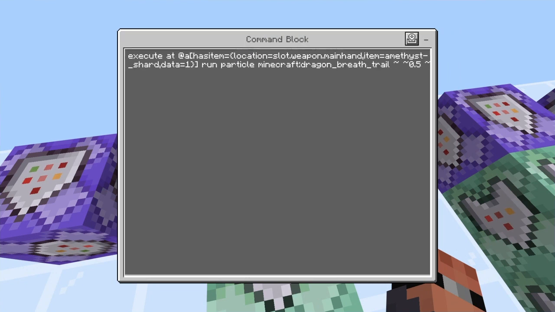In here, we want to type execute at A this time, and then in square brackets, has item, no spaces, make sure you don't put any spaces, then equals, and then we want to do this fancy curly bracket looking thing. I'll put a picture on screen for what it will look like on your keyboard. I'm not sure what this one is called. You can see it right here behind my cursor. It's kind of like a normal bracket, just a little bit more fancy. As you can see, it has a little bump coming up the side. Anyways, you want to type that in and then do location equals